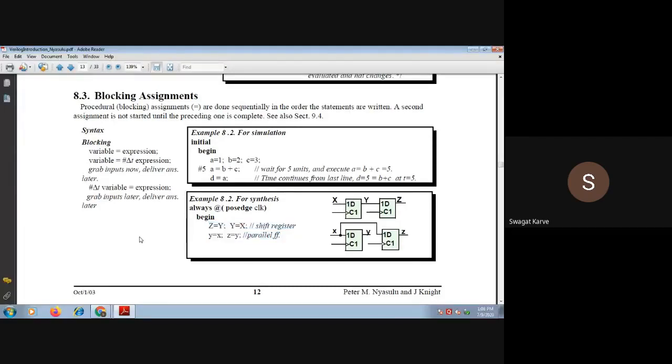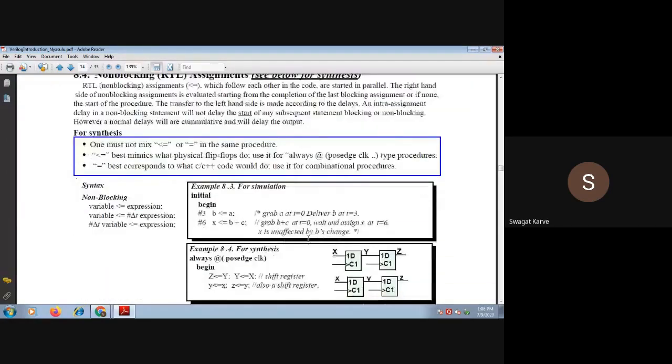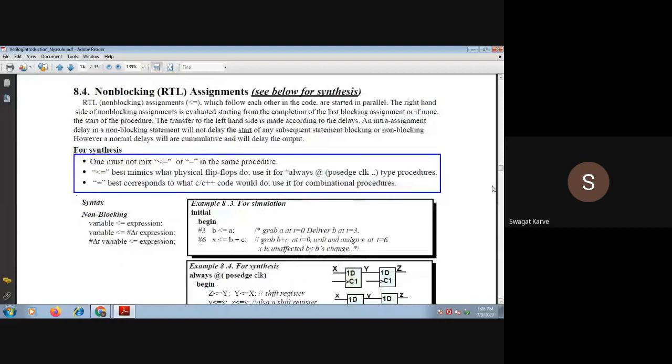Okay, so this is about the blocking statement and how to use it. These are some examples: always at the rate positive edge clock begin, and this is the expression that you have written. So in this way you can use the blocking assignment statement. Then there is a non-blocking assignment statement, right?